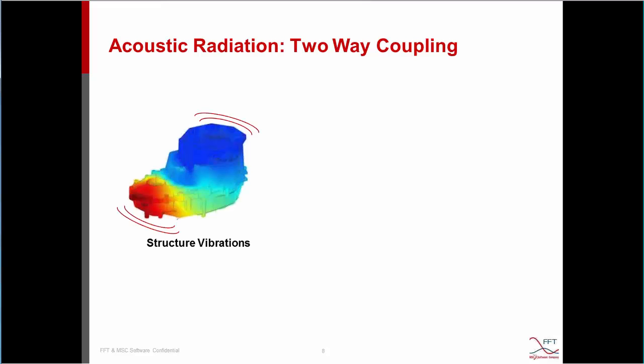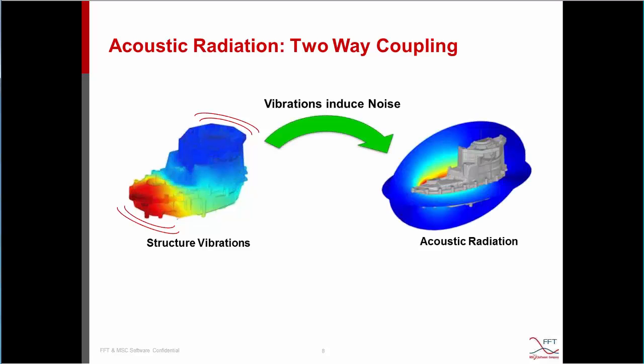So we have the vibration of a structure that induces a pressure fluctuation. And this pressure fluctuation will also induce vibration in the structure. When we consider both effects, we are talking about a two-way coupling or a strong coupling. Of course, this fully coupled problem can be solved in Actran, but in many circumstances, we can neglect the action of the pressure fluctuation on the structure vibration, and in this case, we are talking about a one-way coupling